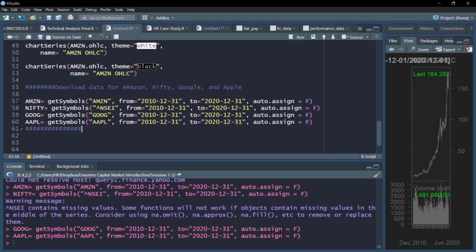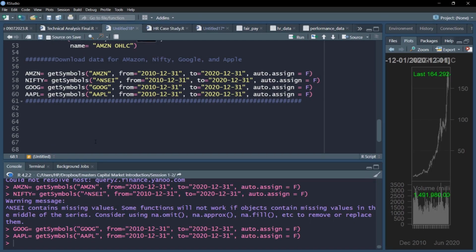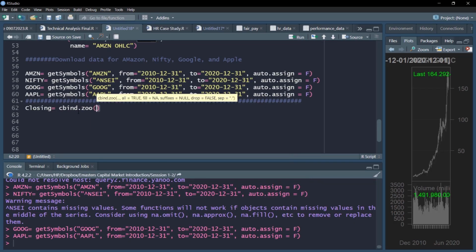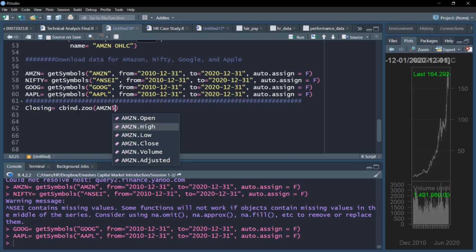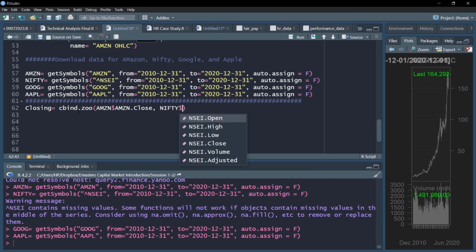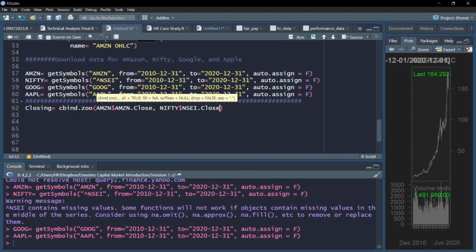Now that we have downloaded all the data series, the next step is to extract the closing prices from these series. So we'll create a new data called closing, and in this closing variable we'll use cbind, the zoo wrapper cbind, and the Amazon closing prices. Similarly, we'll use the closing prices of Nifty.